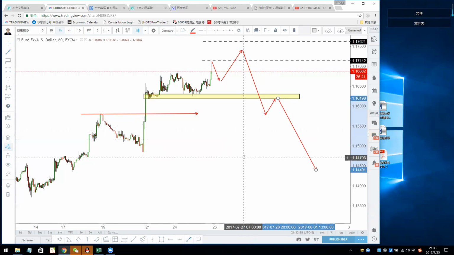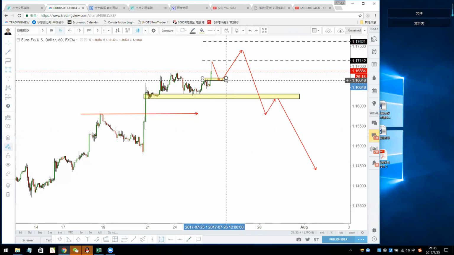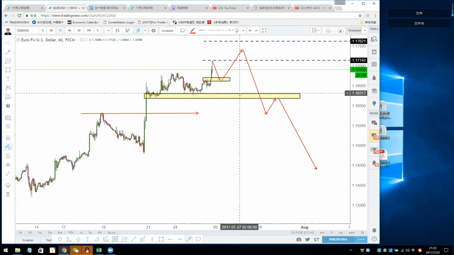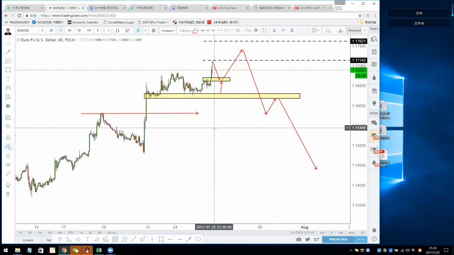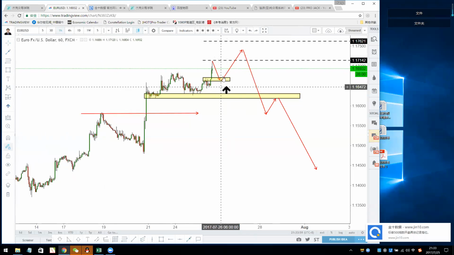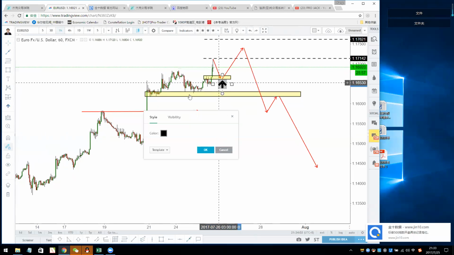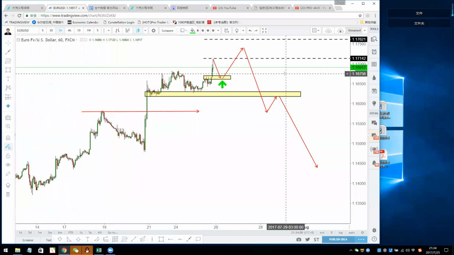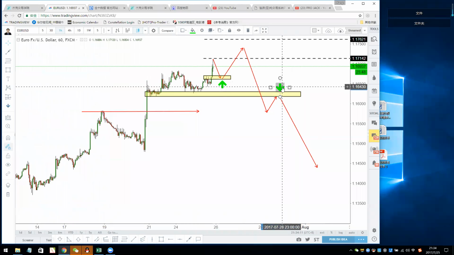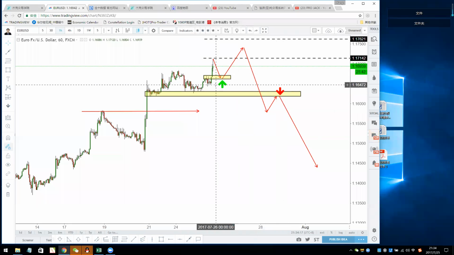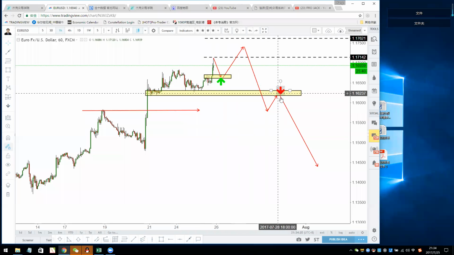So the first thing is you want to buy. This is a potential buying opportunity, right? This is a potential buying opportunity here. Another one. Oh, sorry, I marked this candle. We have a potential buy, marked green, and a potential sell is here. So you must understand what makes this buying valid and what makes this selling valid.